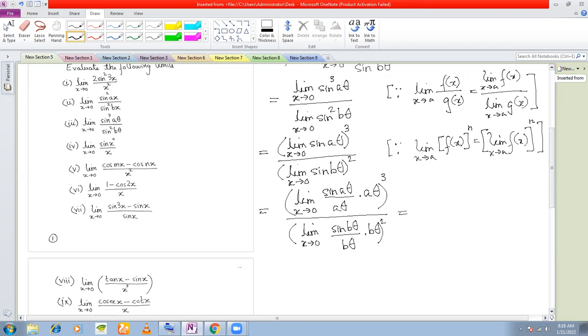Now what we are going to do here is that this a cube theta cube, we can take out of the limit. This a theta, if we are taking out, becomes a cube theta cube, right? And from the denominator, if we are going to take out b theta, it becomes b square theta square because the power is square in this case, right? So therefore, this becomes,